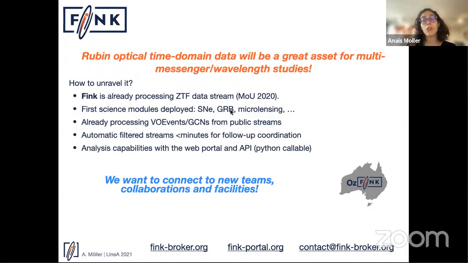This is also a very reproducible way of doing science, in the sense, for example, of selection functions, which in cosmology are a big thing. You can actually characterize them even 10 years after the survey, especially because in Fink we have a huge effort of versioning control. So basically you can see which version of this machine learning algorithm was used for selecting this object. So the power of Rubin is immense.